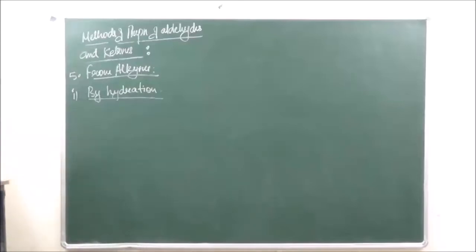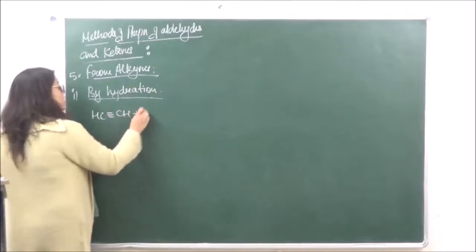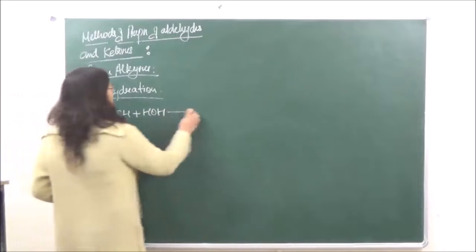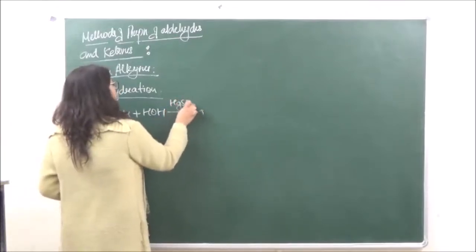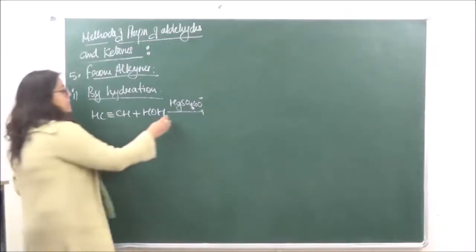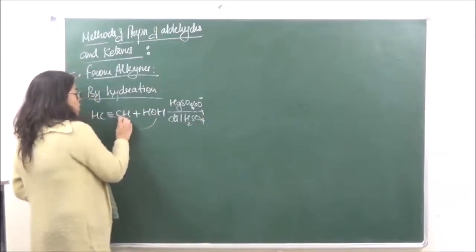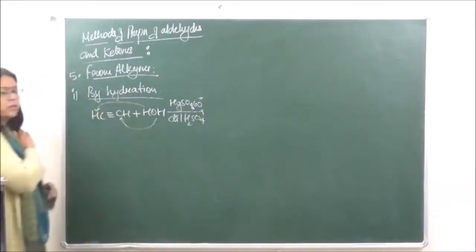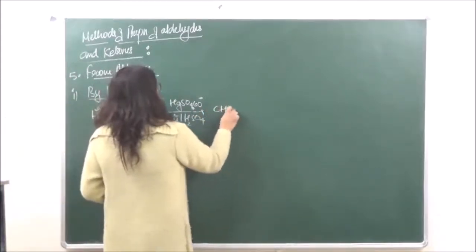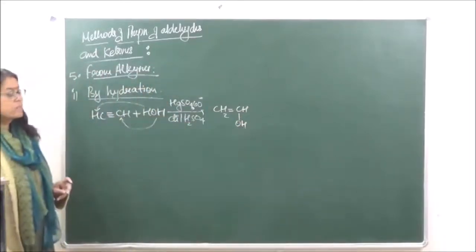Okay, the water molecule that is going to add around the triple bond. So we have over here CH triple bond CH plus HOH, the reaction that takes place in presence of HgSO4 at a temperature of 60 degrees Celsius and in dilute H2SO4, such that OH attacks over here and hydrogen is going to attack over here, and we are going to get a vinyl alcohol over here, which is CH2 double bond CHOH.